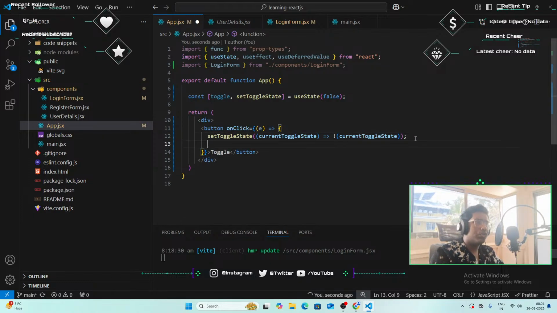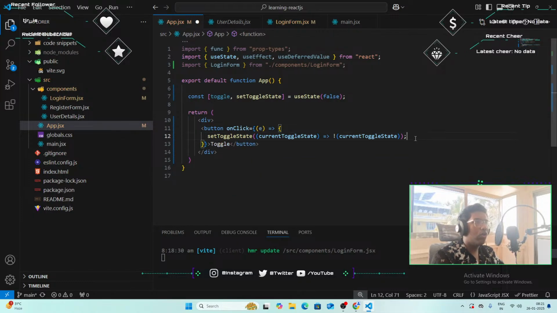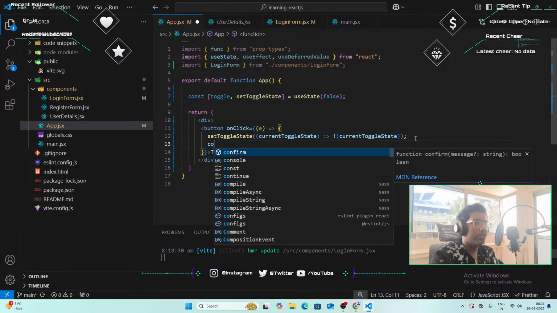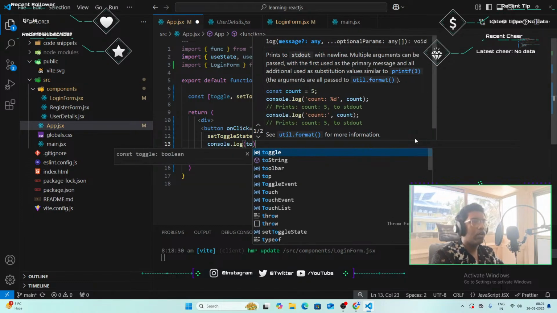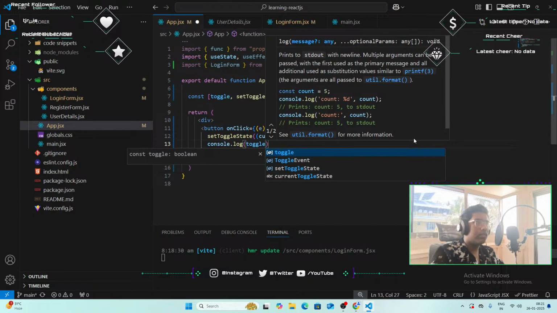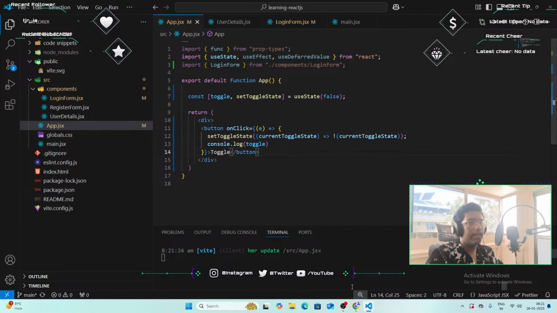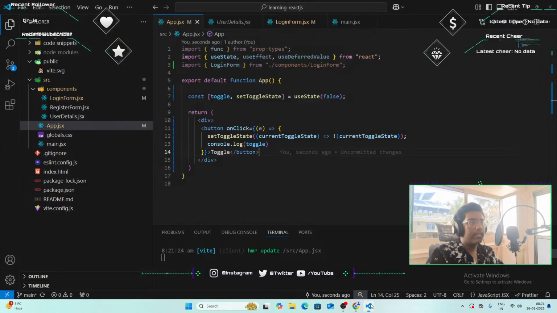And I'm also gonna just console.log. Well, not while clicking. Oh, you know what? Let's just do that while clicking. So console.log toggle. Yeah, let's just console.log that. Save. All right. And now